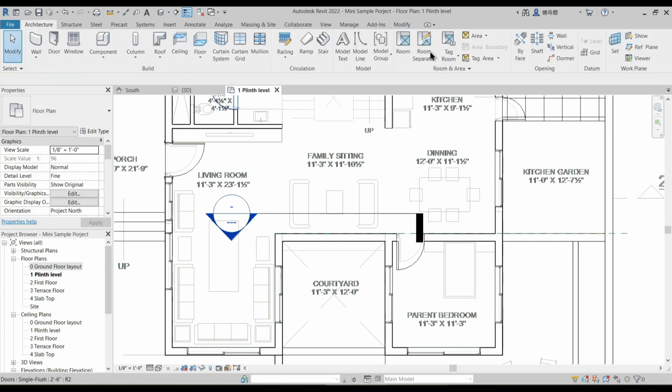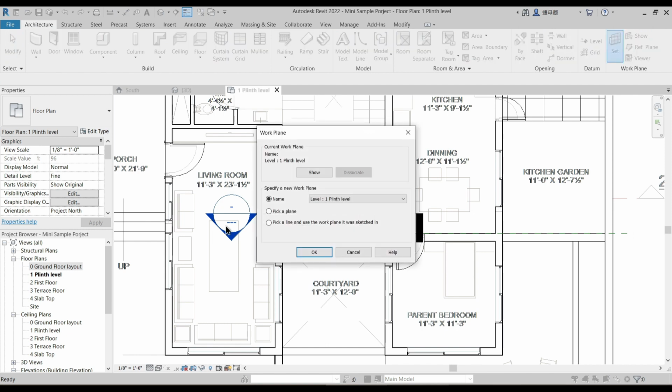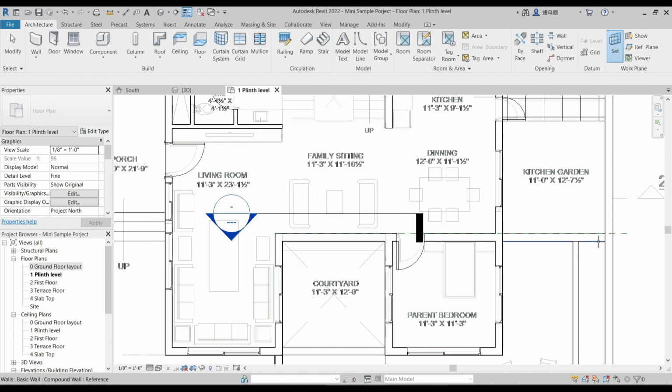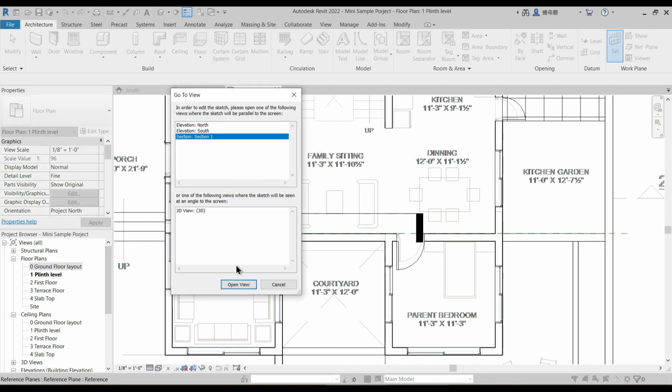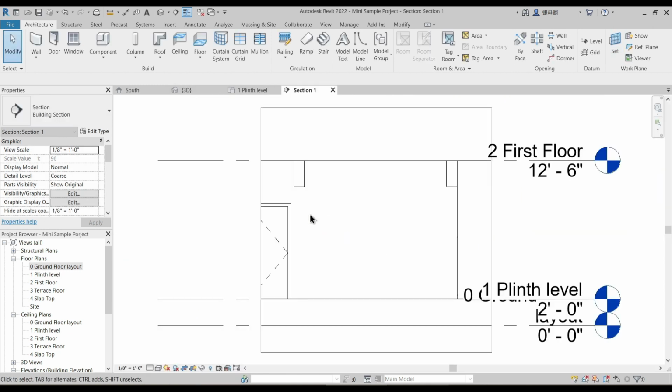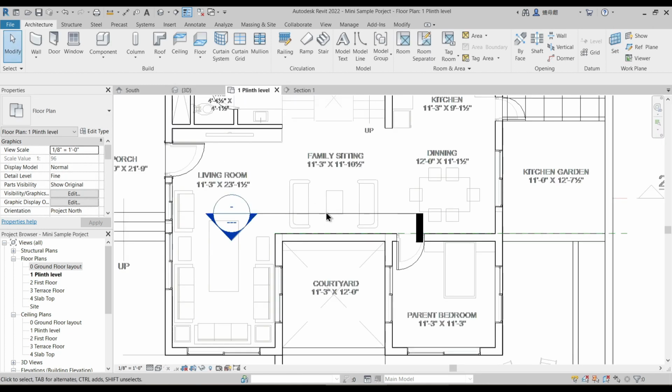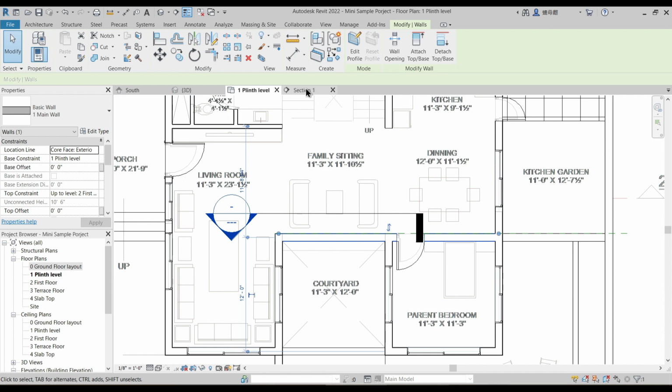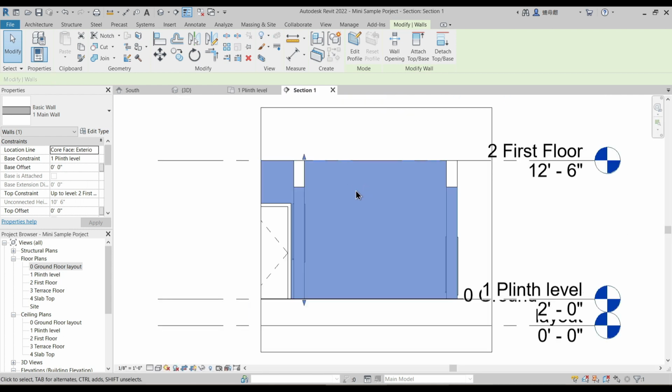And I will say set plane, I'll pick a plane and go to that particular section, and while going to plinth level, I'll just select this wall until I can highlight that, and with that wall